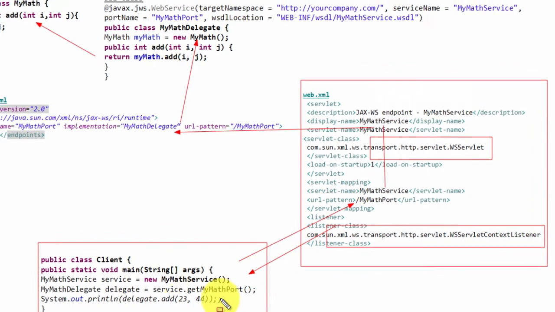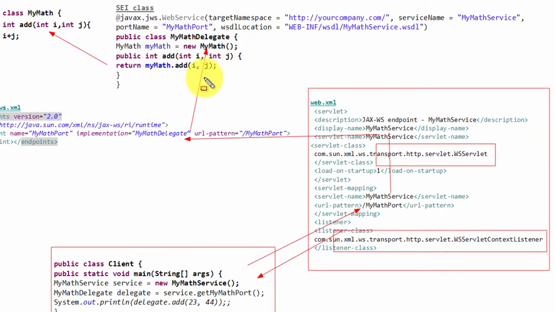We have the delegate class proxy. Same as the delegate class, the service endpoint interface which is available on the server side, in the client side also one program will be generated. That I will call the proxy. That is called the proxy of the delegate, the proxy of the service endpoint interface. But that proxy class will not have any logic. The proxy class only has the structure. It only has the method syntax.